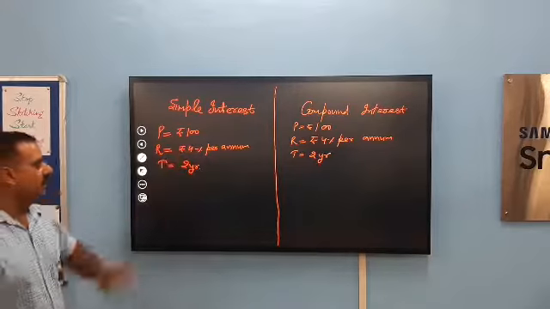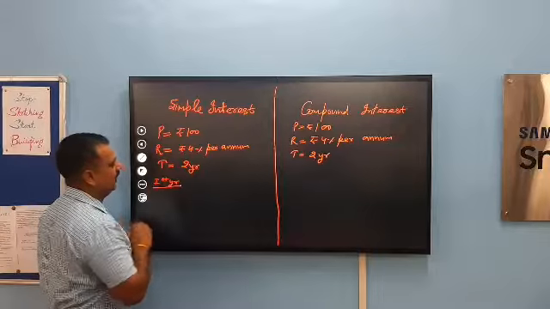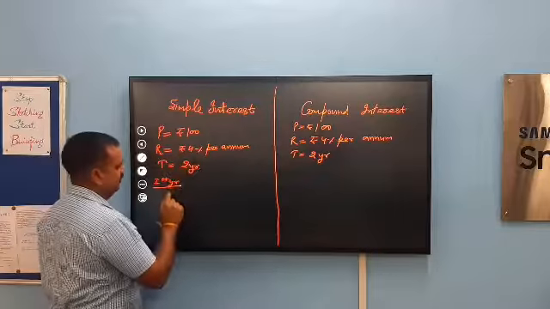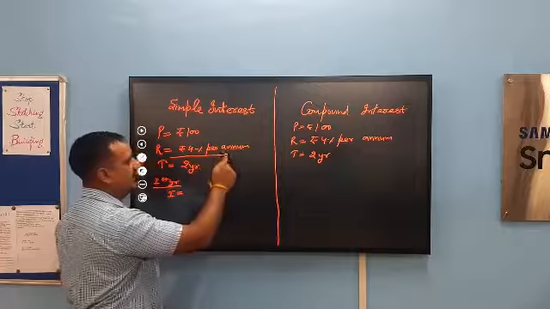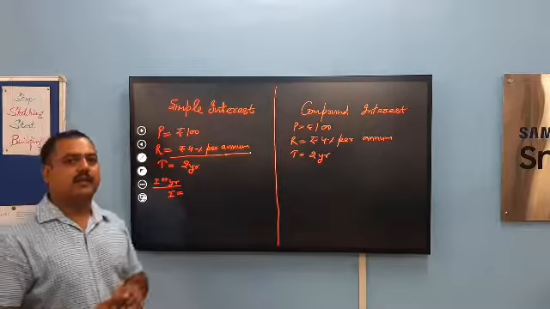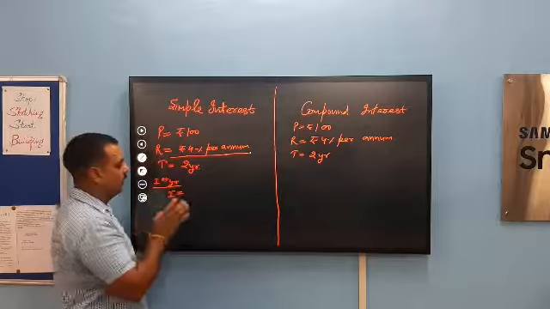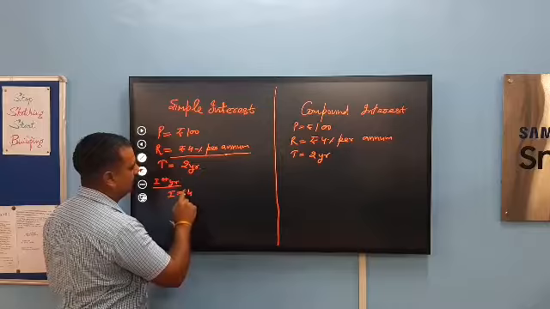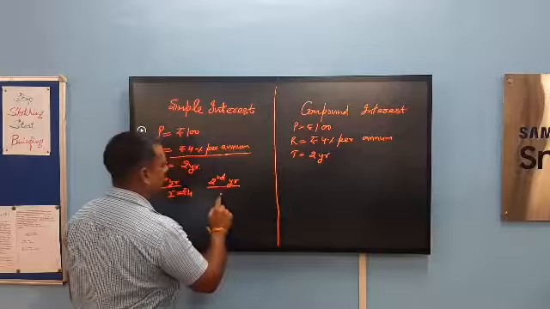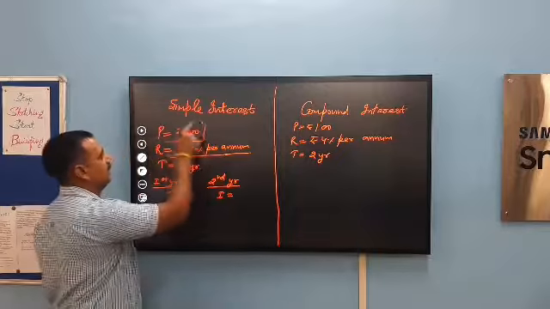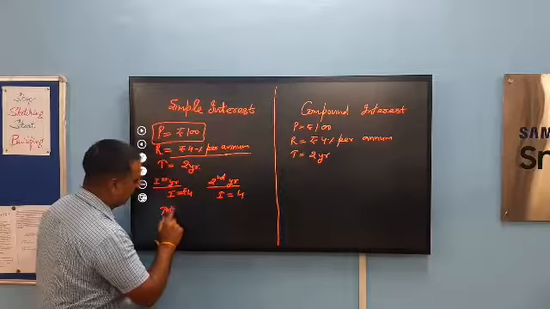In case of simple interest, at the end of the first year, we calculate interest, which becomes 4% per annum. It means at the end of 1 year we have to pay rupees 4 as interest on each 100 rupees. So interest is rupees 4, and at the end of the second year again the interest is on the same principal, that is rupees 100. So the interest again is rupees 4. Total interest is